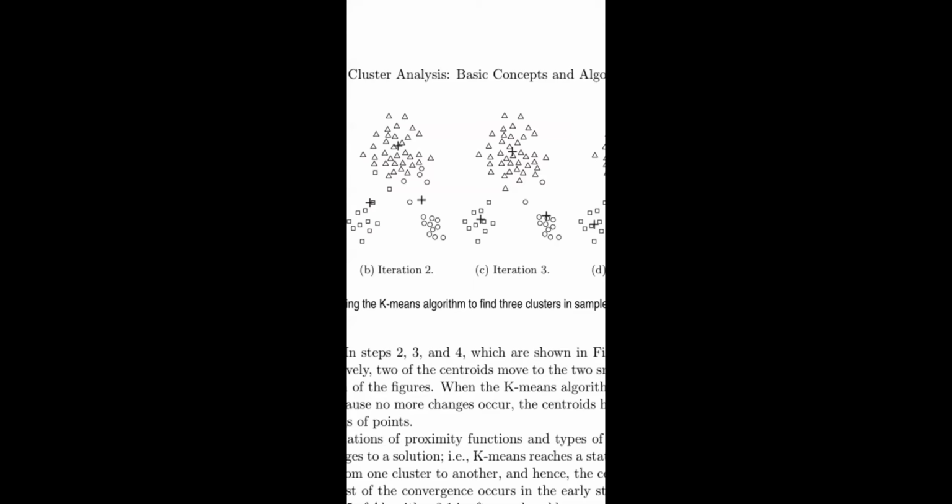So first, in the K-means algorithm you have 5 steps. Out of the 5 steps, the first one is selecting K points as initial centroids. So for the initial centroids you have to represent K, and then you have to use the loop, that is, repeat: form K clusters by assigning each point to its closest centroid.